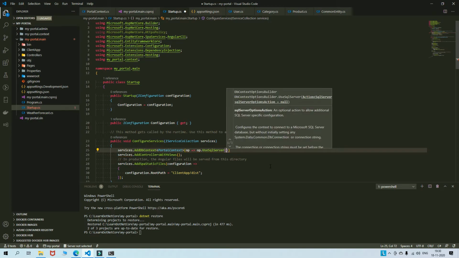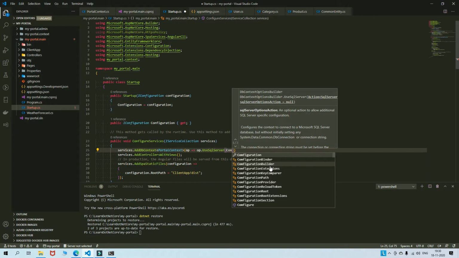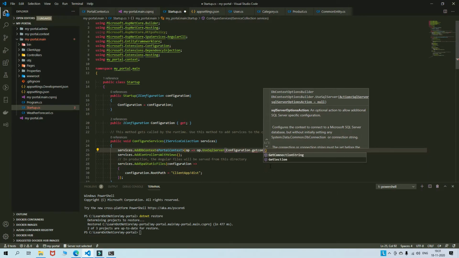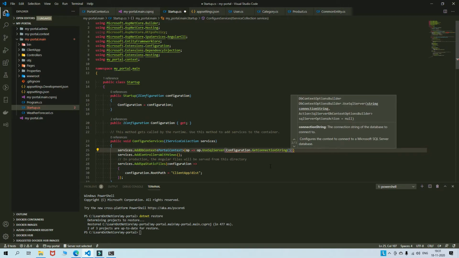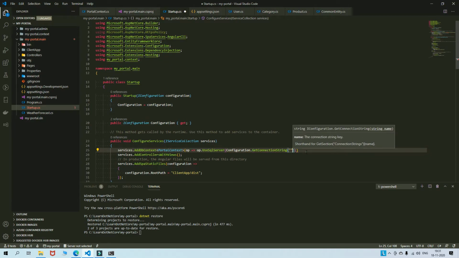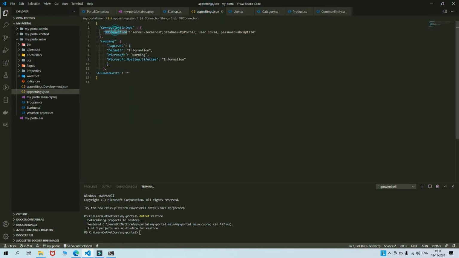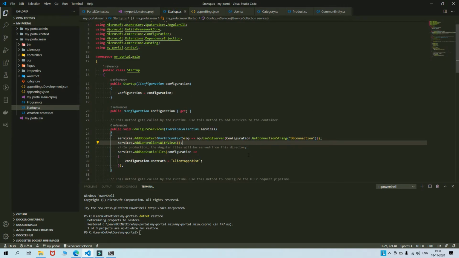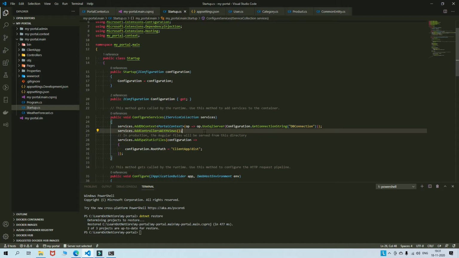Now you need to pass the connection string here. How do we get the connection string? Dot GetConnectionString, and this has to be the same as what we have given in our app settings. Go here, give it, done. We have a connection, we have configured this. Next step is to